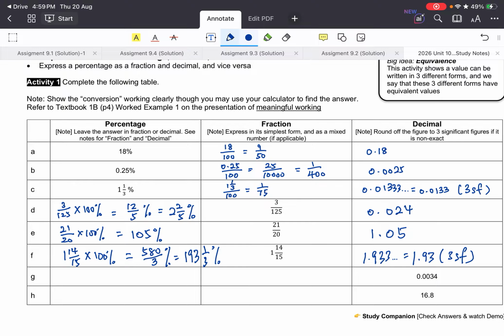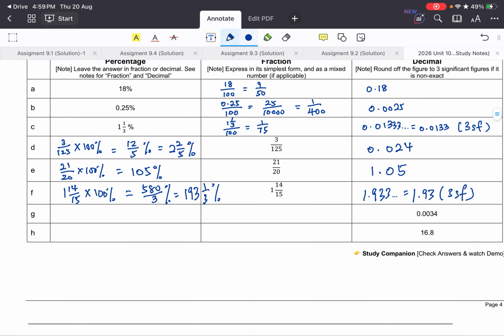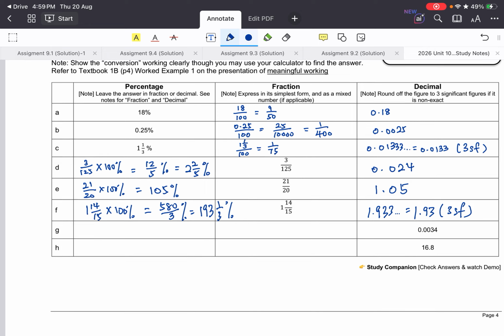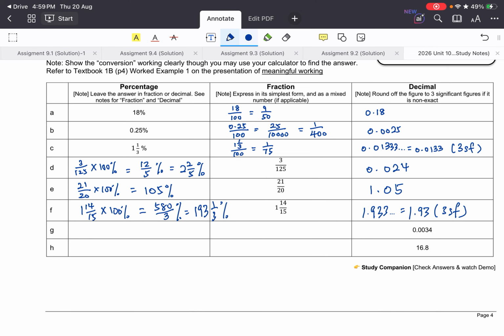Okay. Now, the final two values, we have decimal and trying to convert them to percentage. So the idea will be the same, right? Because I'm going to multiply by 100%, right? So 0.0034 times 100%. Okay, so I'll take the value times 100 and leave the percentage symbol there, which will give us